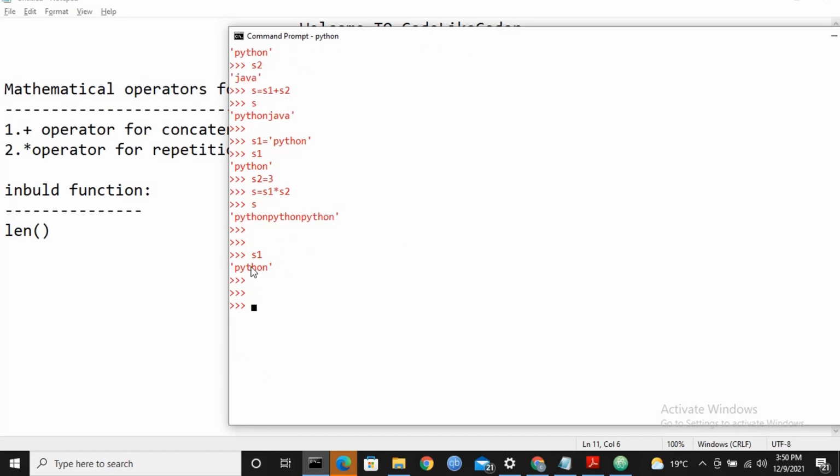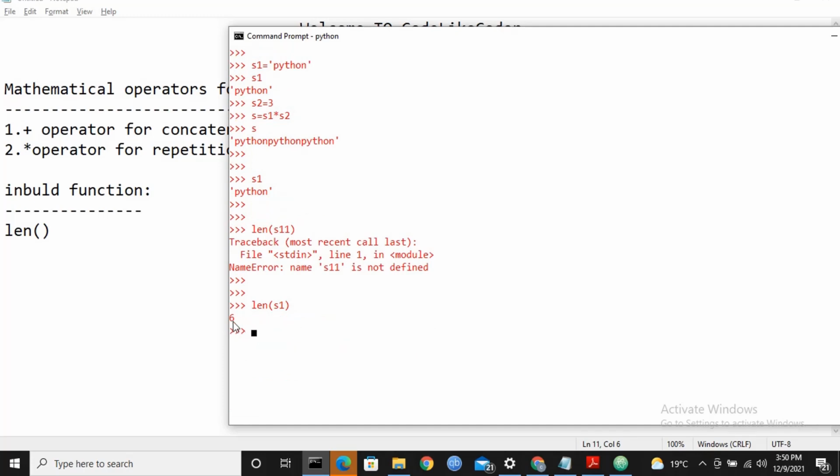We have already declared our variable s1, right? Suppose I'm printing the length of s1. Come here, it is giving the length as 6.